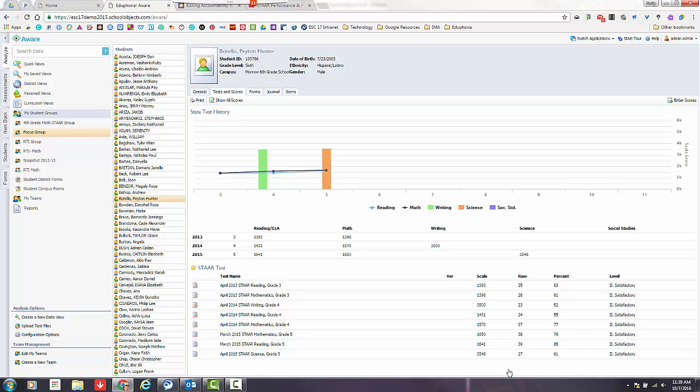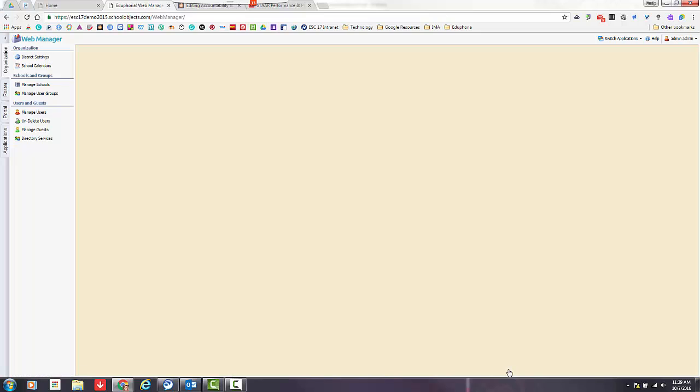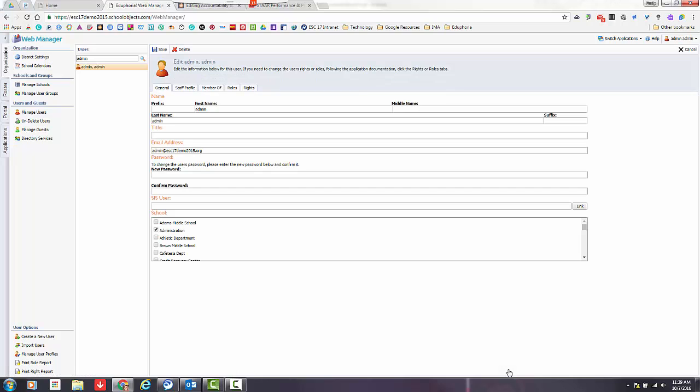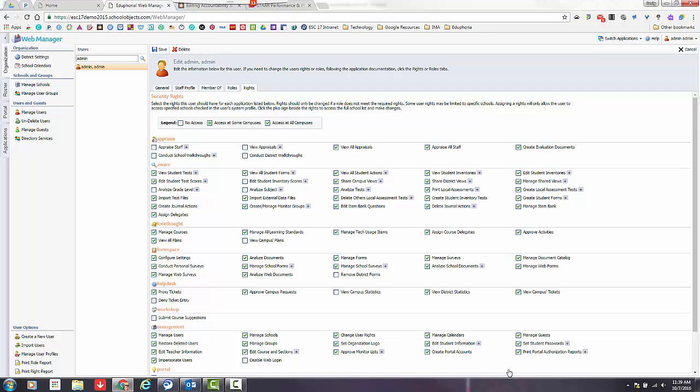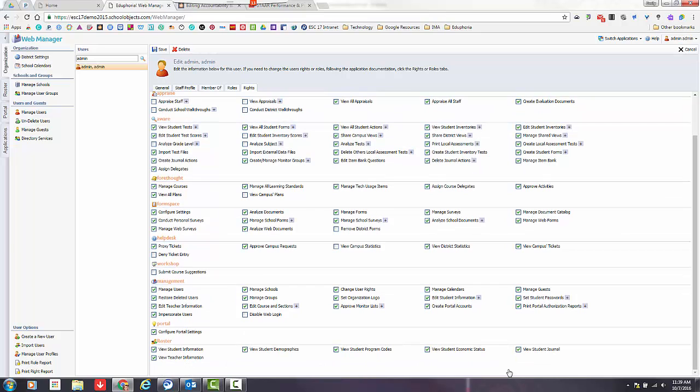Let's go through the very last part, which is in management. If you have access to management, you can go to Switch Applications, go to Management. This is how you turn on that economic disadvantage category. If you go to Manage Users, I'm just going to search for my fake user. Click on a user, principal, teacher, whoever you want to have access. Then you will go to Rights. At the very bottom, you'll have to scroll to the very bottom. There is a button that says, where is it? View